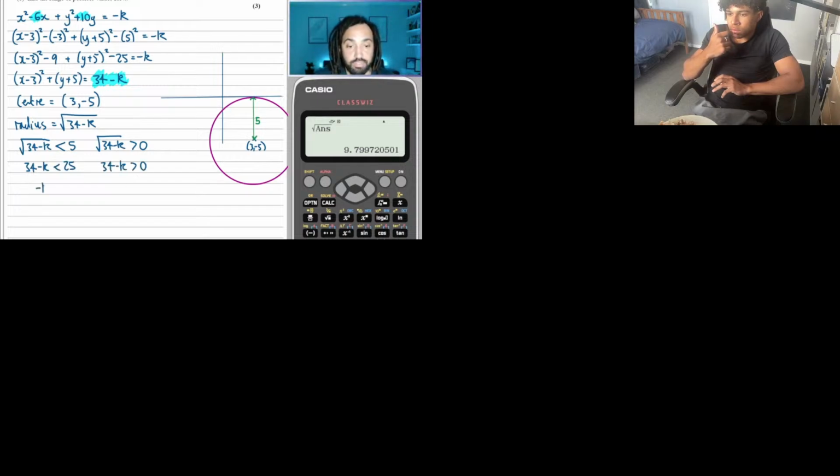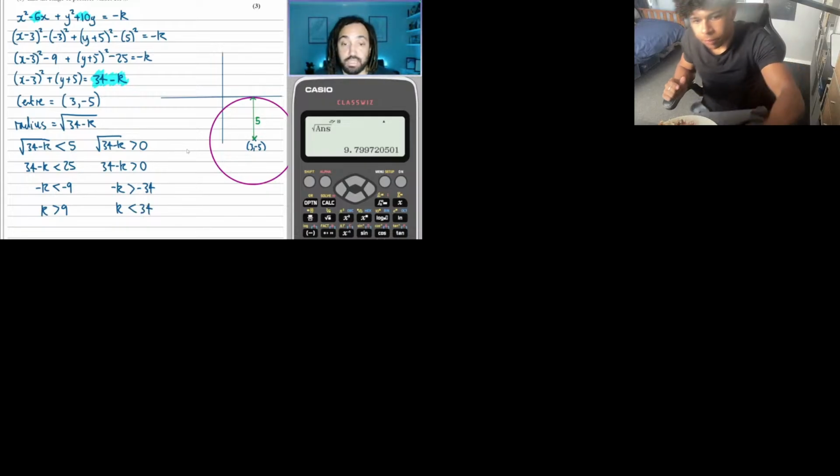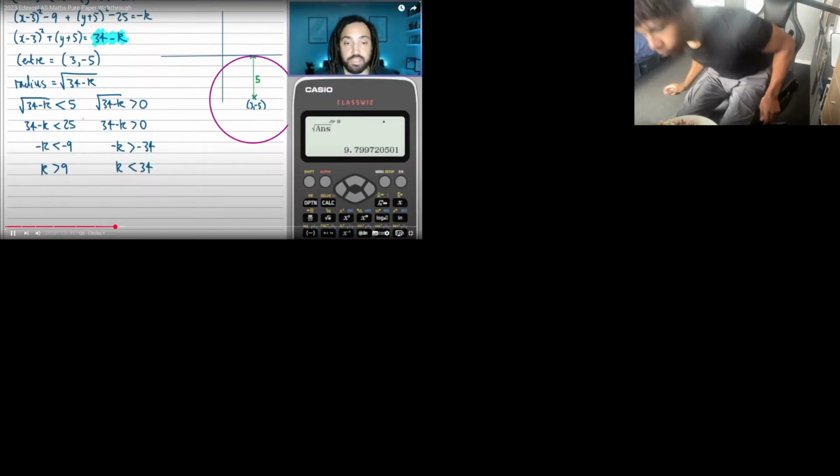Then if I take away 34 from this, I get minus 9, and if I take away 34 from this, what do I get? I get minus 34. Then if I divide through by minus 1, that swaps the sign over, which is critical to remember on an inequality. Okay, so both of these things have to